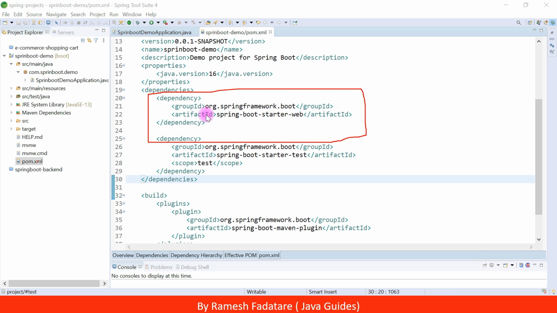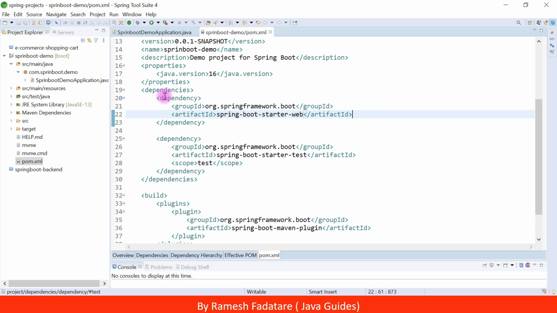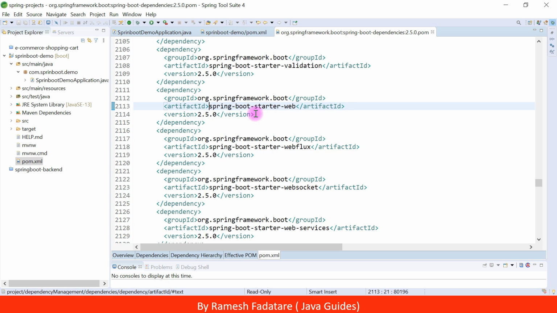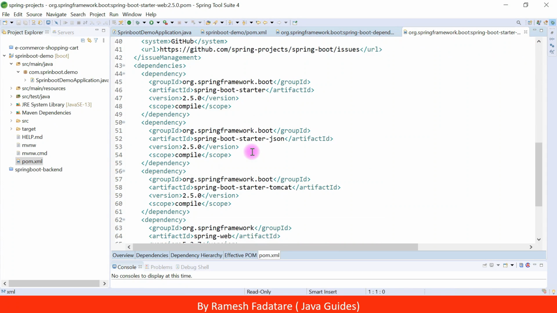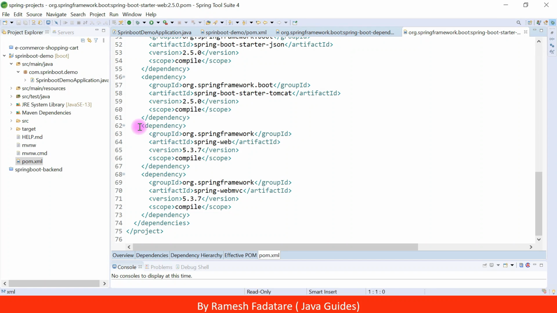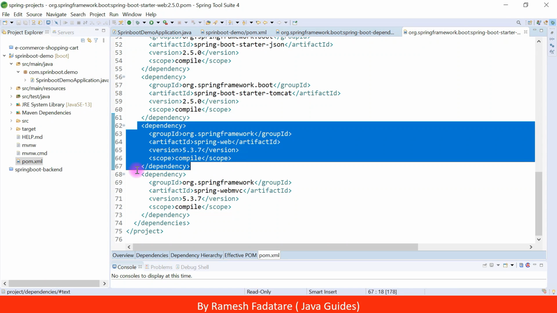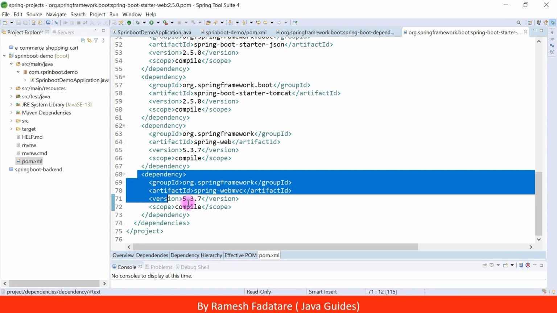This is a Spring Boot starter dependency, and if you want to see what it contains, you can just click on it. Here you can see the version, and you can see what this starter dependency contains. For example, it contains the Spring Web and Spring Web MVC dependencies.